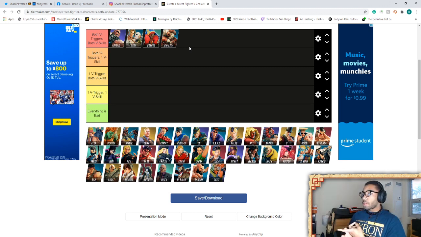V-Skill 1, the float. The float is one additional component that I think is good against characters with really brain dead anti-airs. My character Poison, and also Falke, being some of those characters. Moves that alter your jump arc in this game are really strong. And though Dhalsim's jump arc is fairly floaty,